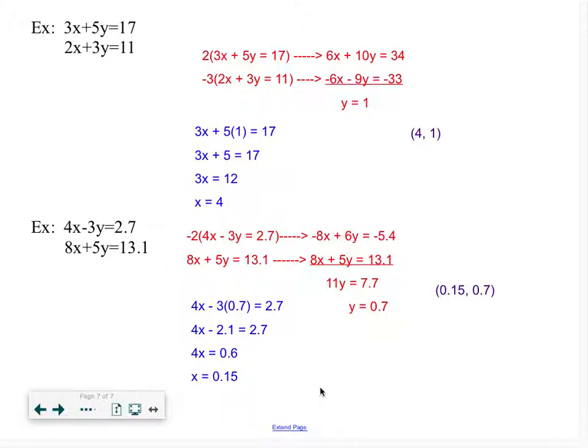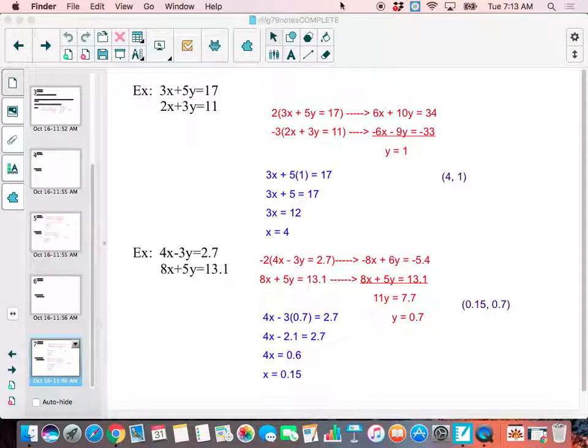And again, I think you can see that here. If I move too quickly or you need to check your work, you're welcome to push pause at any time. But at least you have that here. And again, you can always check them by taking the x and y coordinates, plugging them in for x and y into each equation, and making sure that your left side and your right side both equal the same thing. So that is solving systems by